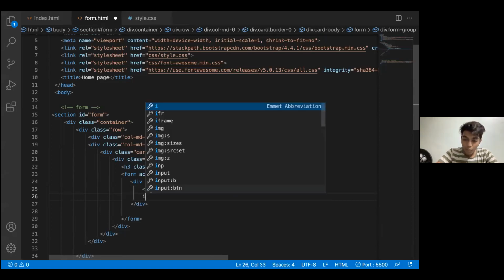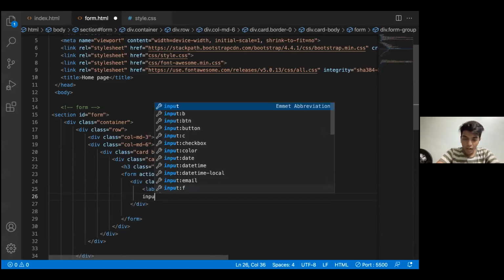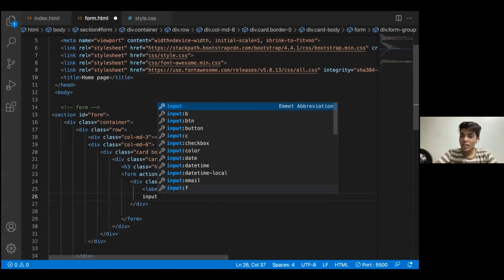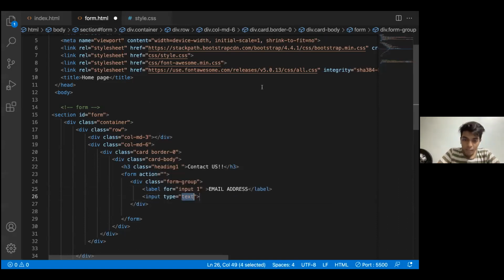I'll be using an input field because any label that I provide just tells me what it is about. I need a box that takes that input. So I type input, press enter, and I get a part. The type means I want a type that is email. Everything that I'm typing right now will be explained afterwards.